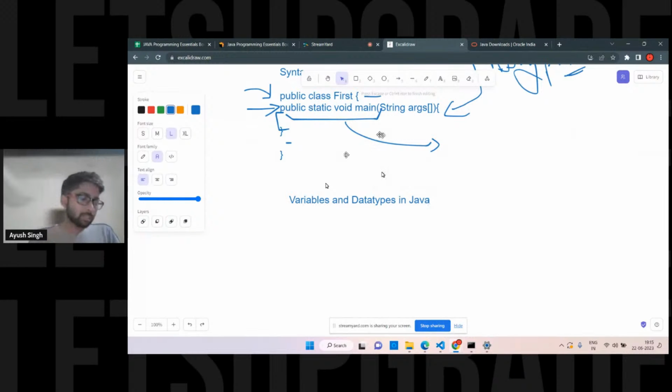Exactly. So do you guys know about the types of data type? Do we have them in Java? Do you know what type means? How many types of data type are there in Java? Simple. Only the upper one, right? Not in depth. Types of data type. See, these are the data types actually. But if I talk about the types, how many categories of data types do we have?